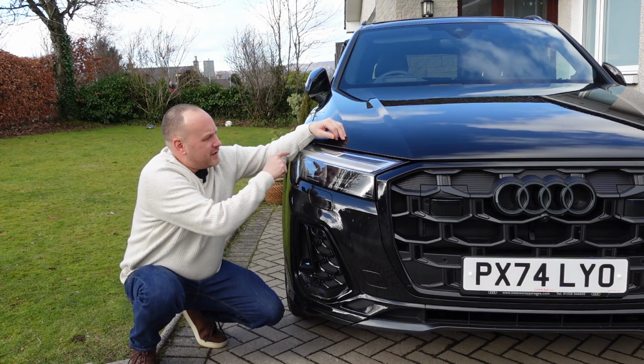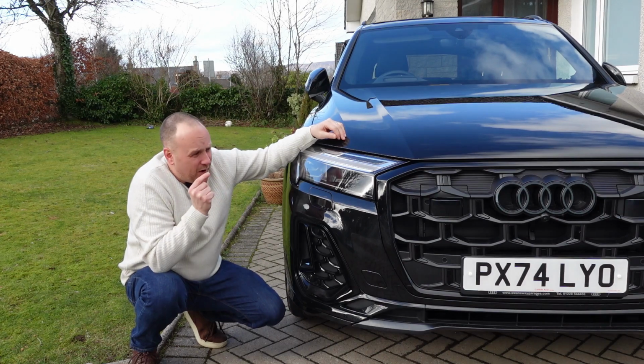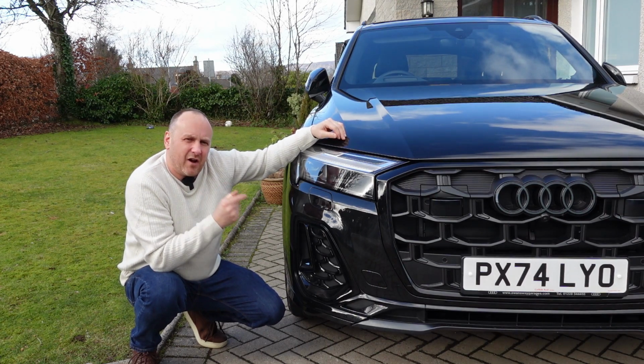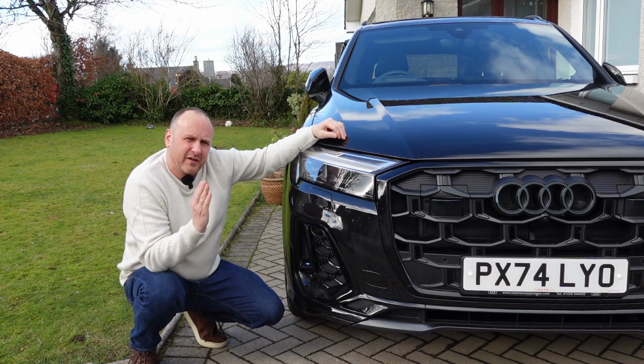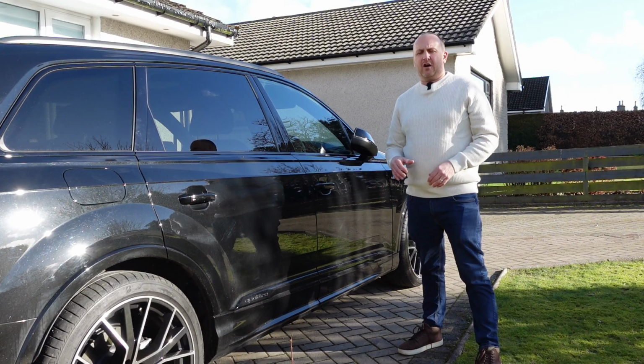And then you've got a slightly different daytime light signature at the front, and the signature on the back slightly different as well. But the main thing I think you'll notice is the honeycomb grille, which replaces the more barred kind of looking grille. I really like that. So when it comes to testing the build quality of a car, there's few things I